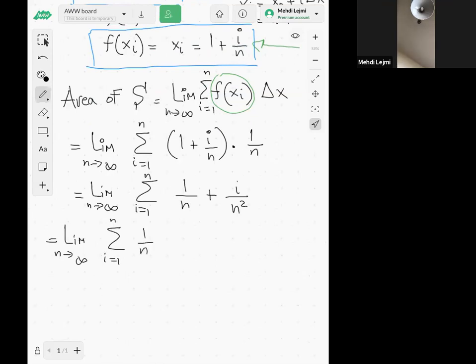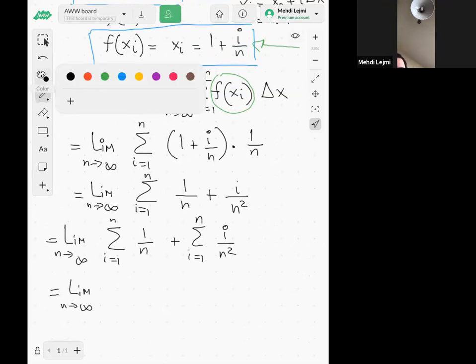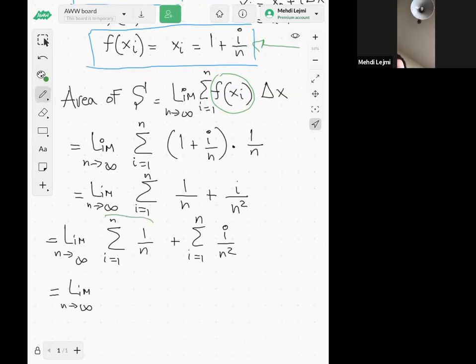And then plus the sum of i over n squared. Again, limit as n goes to infinity. So I have to compute this sum here. First I have this summation, i going from 1 to n. So when i is 1,